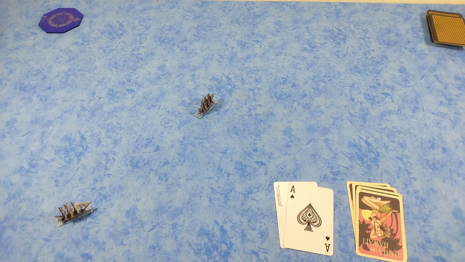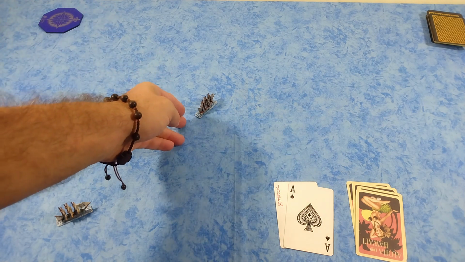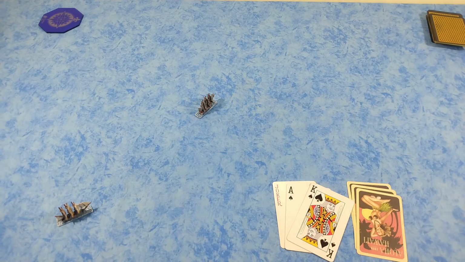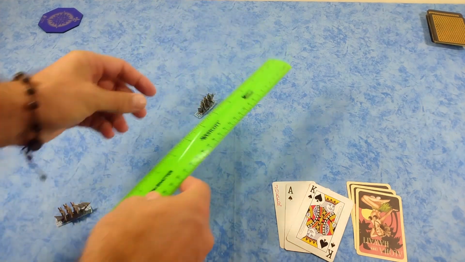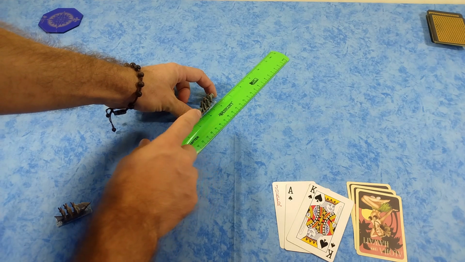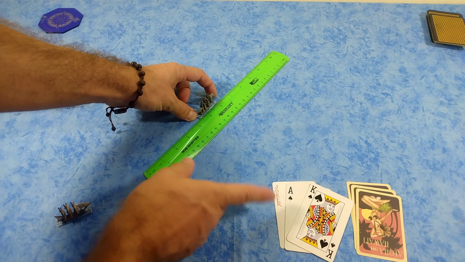The black ace is going to be the French getting an opportunity to fire, but of course they don't have anybody in their fire arcs, so the French will get to sail. I didn't say whether or not they were stepping down. We're going to step them down to, no, I did say they're stepping down to half sail. They get to move a total of 6 inches and make those 2 movement points. They are now going to be at 3/4 speed,